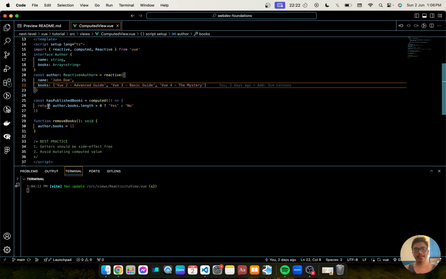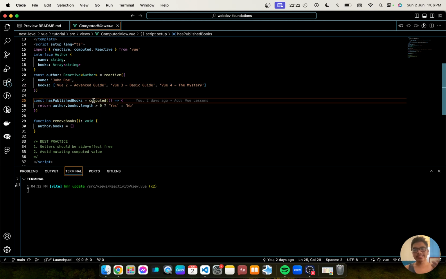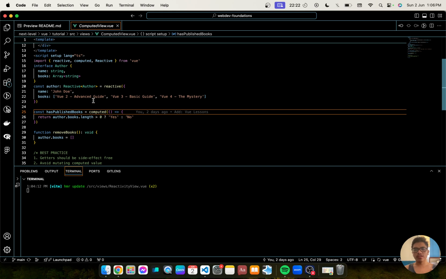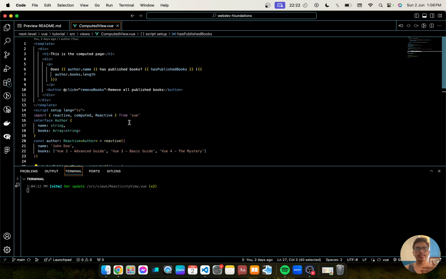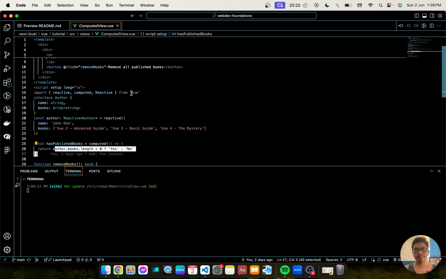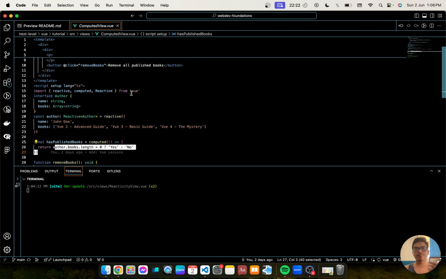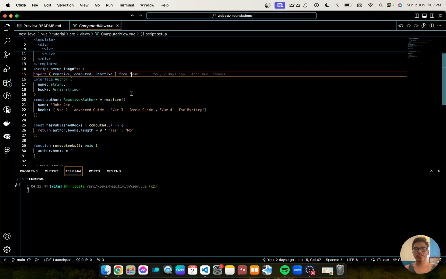we discuss computed. Okay? So computed allows us to make complex computations where we have easy access and control. So we can put this value inside our template. However, that makes our code messy and provides us with less control. So instead, we can use computed to solve this problem.